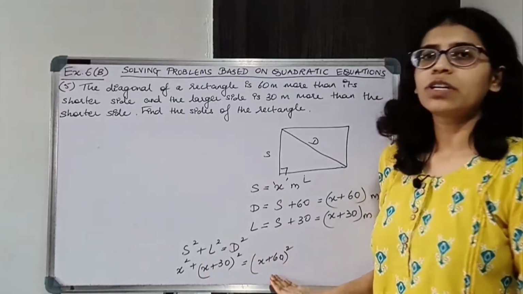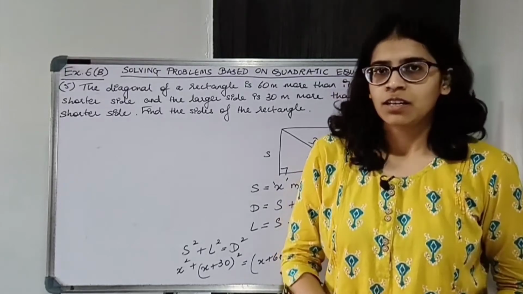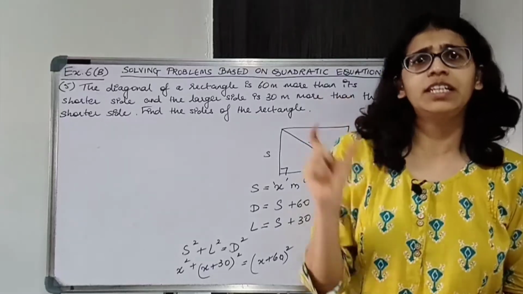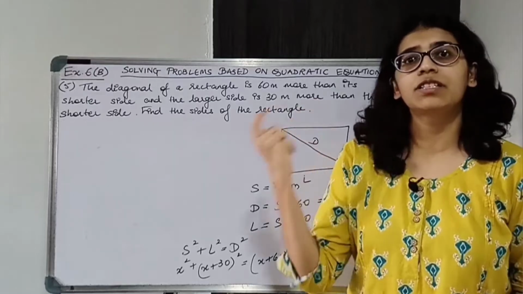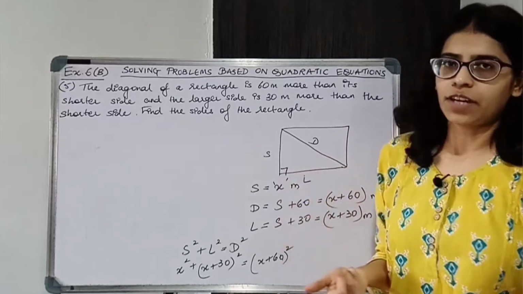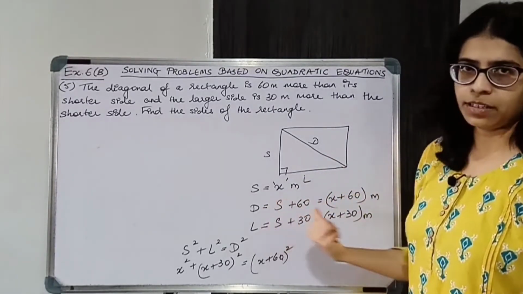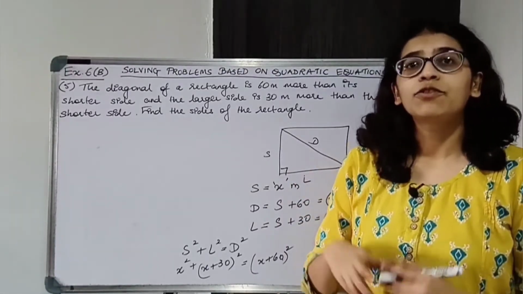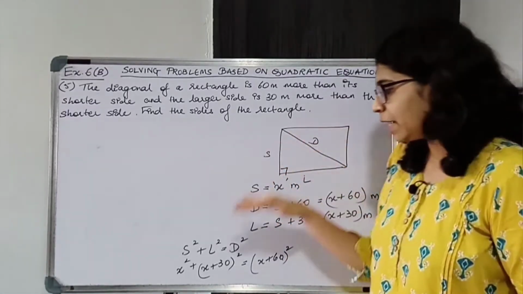On opening the brackets you will get a quadratic equation, and on solving that you will get the value of x. Once you get x, you can easily find the sides of the rectangle. You have to find only sides, that is shorter side, larger side. You don't have to find diagonal. Diagonal is not the side. Okay, they have not even asked to find diagonal. So सिर्फ shorter side and larger side find करना है. Okay, had they asked diagonal you can even find that because already दिया हुआ है condition. Okay, so over here again condition is not given, so you have to make some condition. So यहाँ पे हम लोग Pythagoras theorem apply कर सकते हैं. So we have applied that over here.